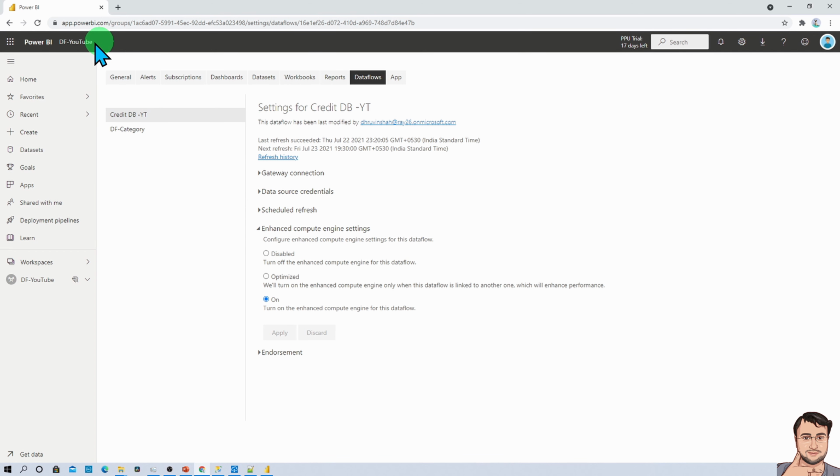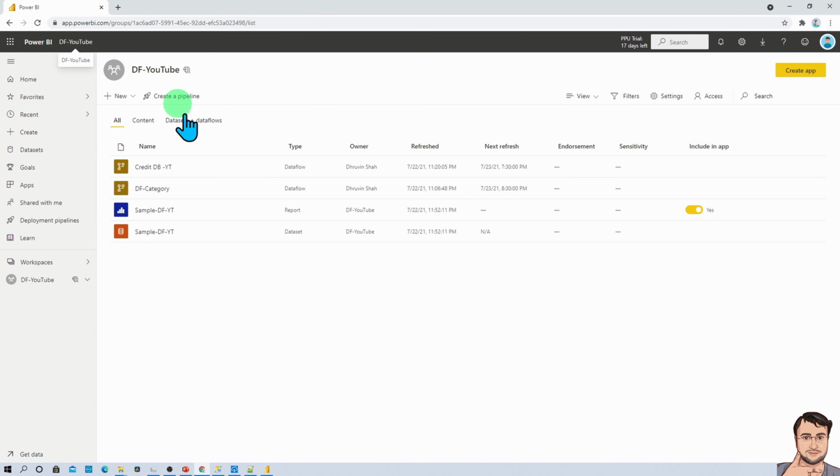So just go to your workspace, select your data flow and refresh your data. If you do not refresh your data and directly try to load this data flow into your Power BI Desktop, then it will not show you the option for direct query. So make sure that you refresh the data after you enable the enhanced compute engine setting.